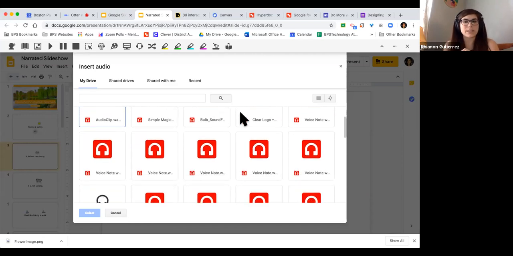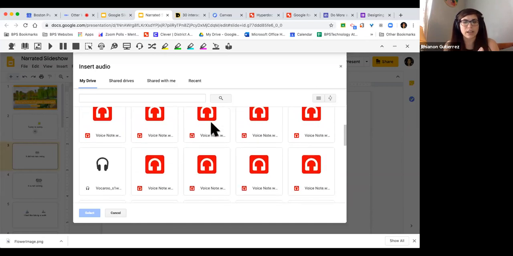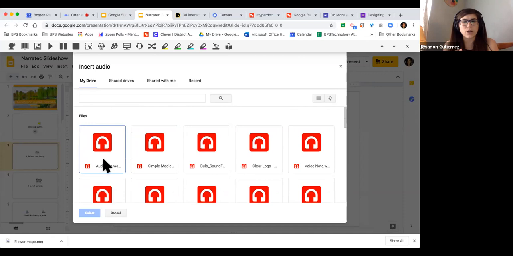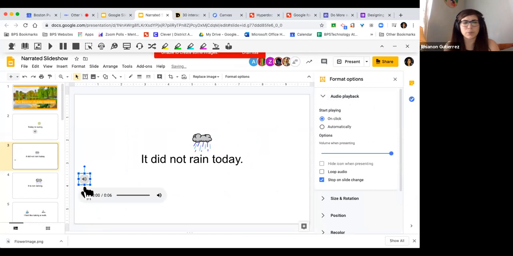Now, with that being said, I'm going to scroll down and find the particular audio track I like. So you can record something on your computer and bring it in here. We'll show you a little bit how to do that recording later. But right now, I'm just going to select this particular one. Let's hypothetically say this is the one where I'm talking. All right. So it brings it in,